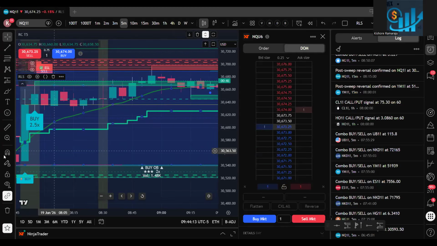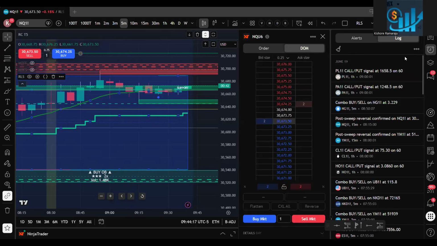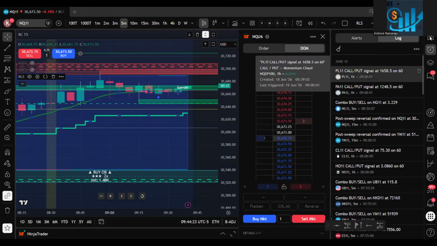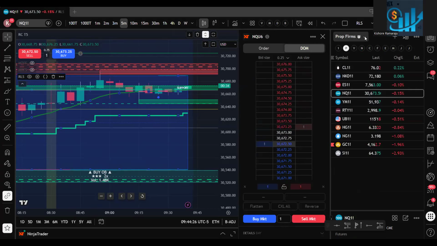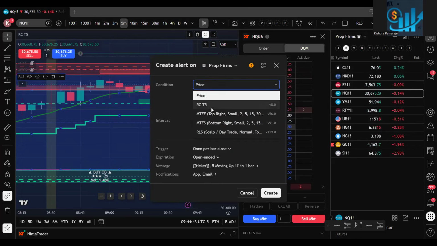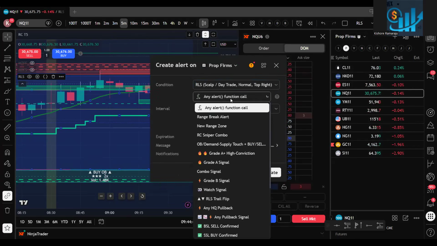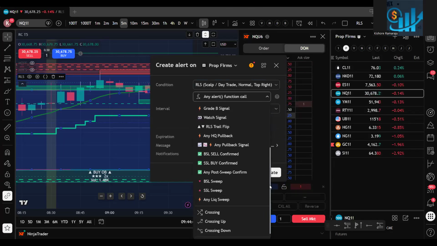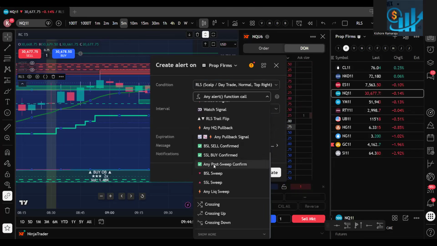So like that. So what we need to do to take the trades is go to the RLS indicator. So here you go, add alert on the list, right? If you have a better TradingView plan, you can put an alert on the entire watch list. You have the essential plan, you have the pro plan. So you will select the RLS indicator, and then you can put an alert, right? Okay, whenever I have a confirmation on the buy or sell, give me an alert.